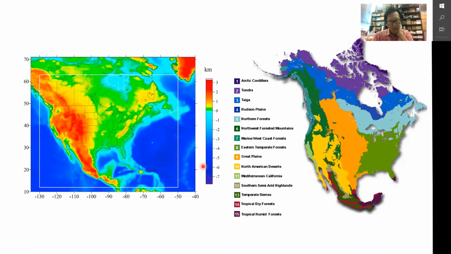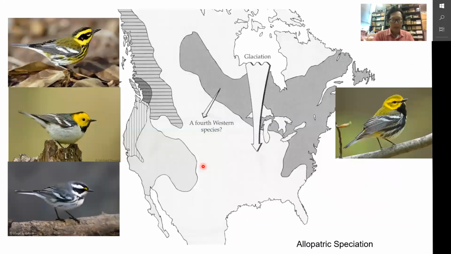So I'm almost done, but I'm going to show you this figure here about the biomes again and the elevations. It's an example of where really geology and geography control the distribution of life. So biogeography is what you would call that, if you want to call it that. And I'll give you